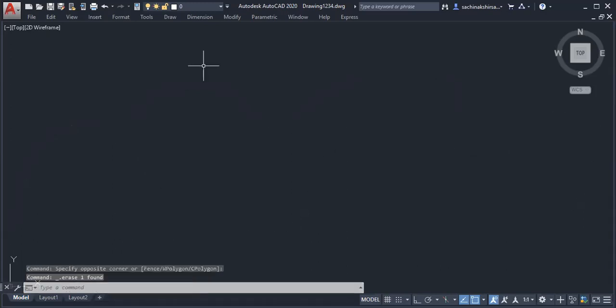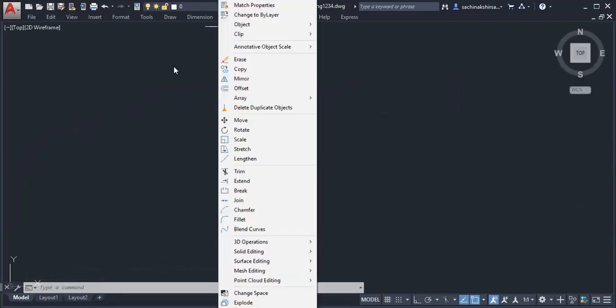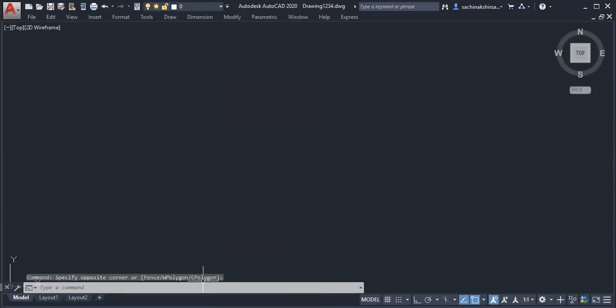So out of these, the first important one is the draw toolbar. Next, now modify. Modify. So I will show the drawing. I will share another screen. Or shall we complete draw, modify, and dimensioning first? Then we will go to drawing. Shall we do like that? We will do that only.